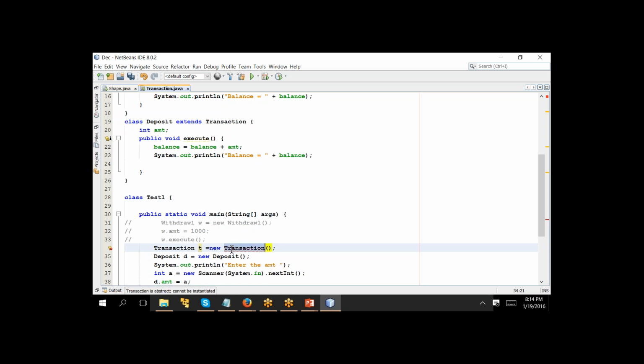Now you cannot be specific at this point of time what transaction you want to perform. You don't know, because the class is declared as abstract, it does not let you create the object because